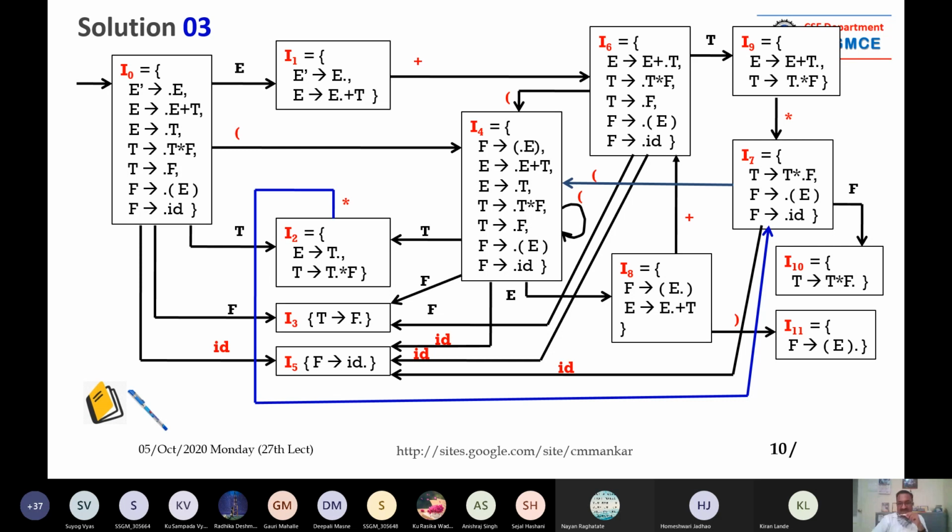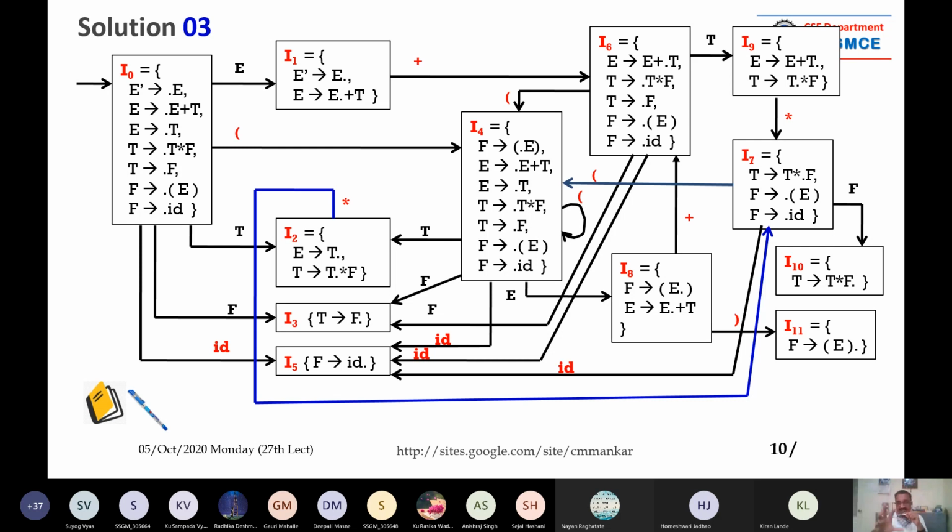So red color is telling you that these are the terminals, and black color labels are telling you that these are the non-terminals. You can watch the star, plus symbol is there, opening bracket is there, closing bracket is there. You observe the complete diagram and you observe the labels of the edges.